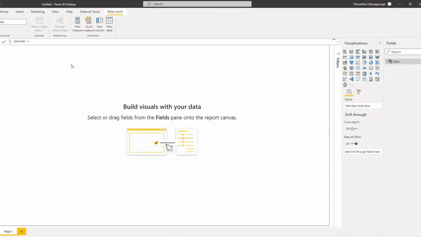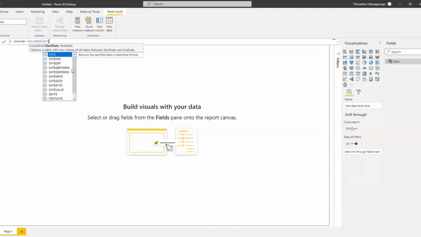Afterwards, I will be writing my DAX function. Now, this DAX function is not really very complicated. You basically call in the calendar function. You can Google the calendar function and see what it is all about, but it's a very simple function.